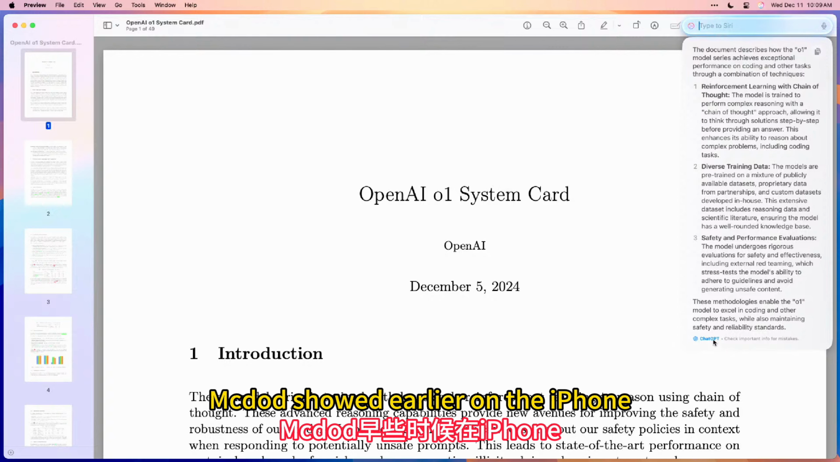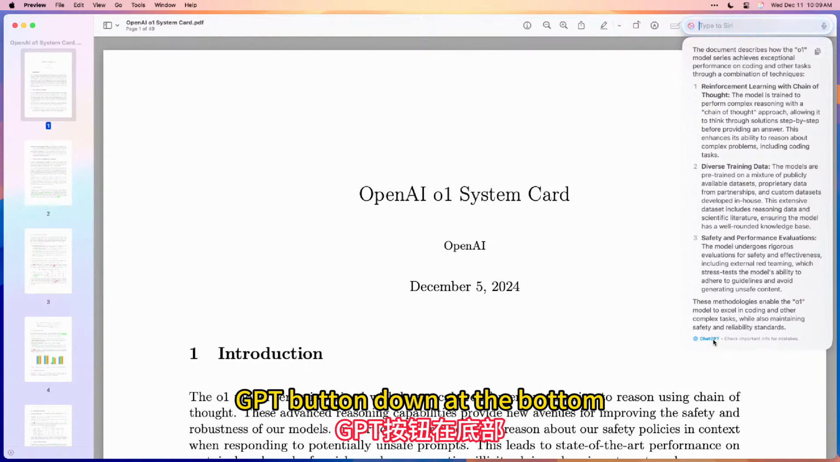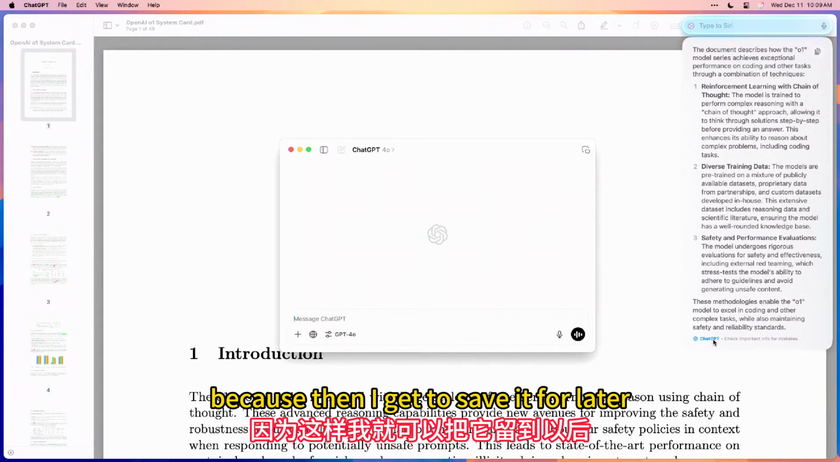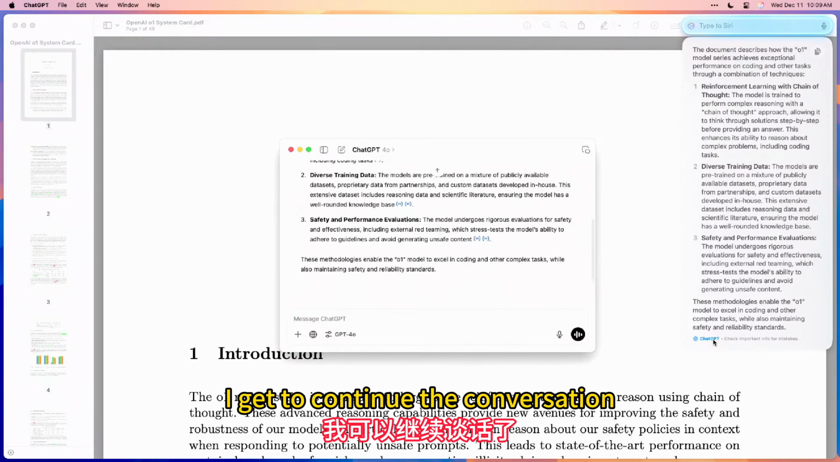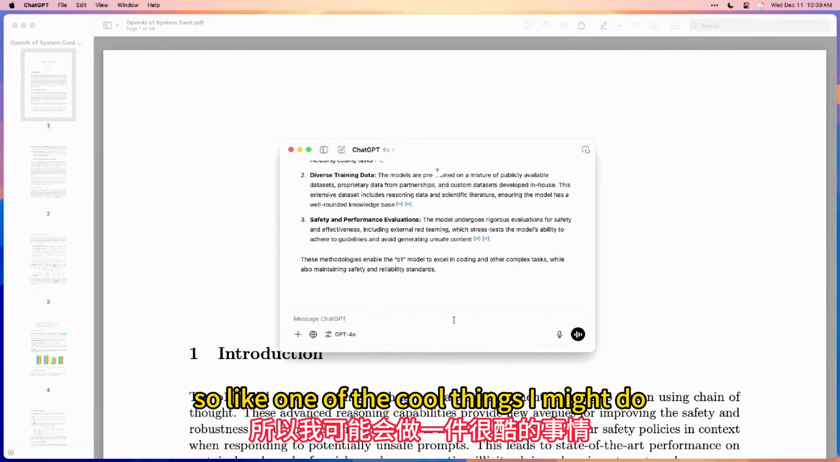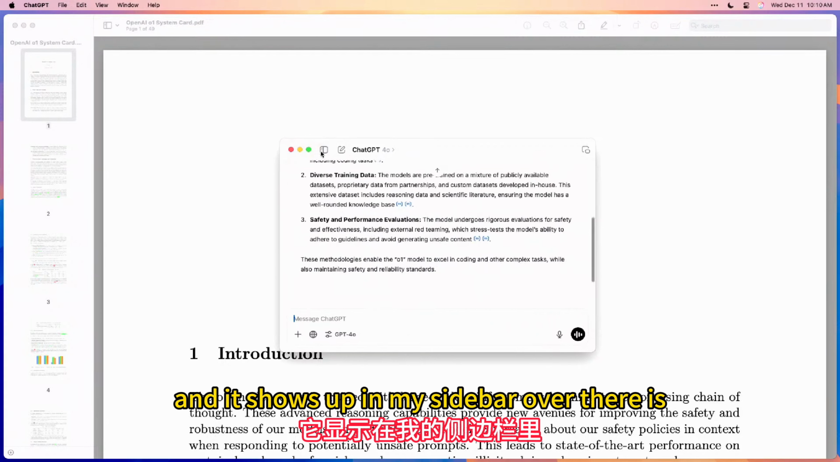McDodd showed earlier on the iPhone that if you tap this little ChatGPT button down at the bottom, it will open this in ChatGPT. And that's super cool because then I get to save it for later. I get to continue the conversation. I get to do more with it. So one of the cool things I might do now that I have it saved here and it shows up in my sidebar over there is,